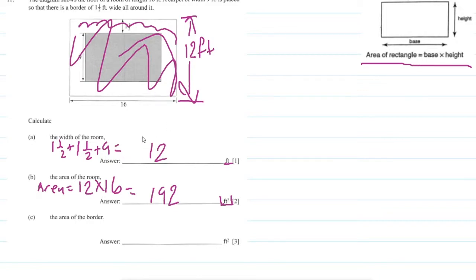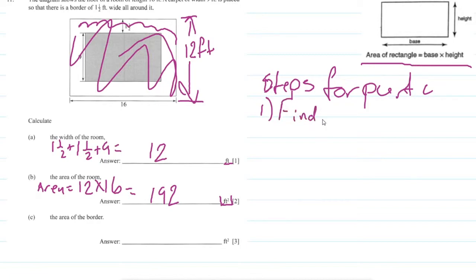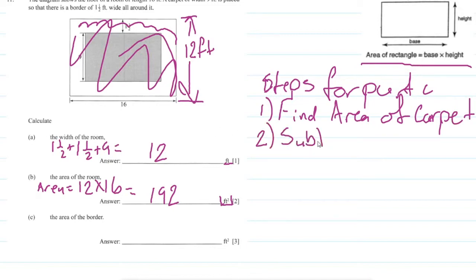So let's just kind of get down to it, right? For us to find the area of the carpet, which is the first thing we have to do, let's just write these steps down, right? So, steps for part C. So we need to, 1, find area of carpet, and then, oh shoot, I spelled that dead wrong. So we need to find the area of the carpet, and then for part 2, we need to subtract part 1, which is the area of the carpet, from the area of the room,